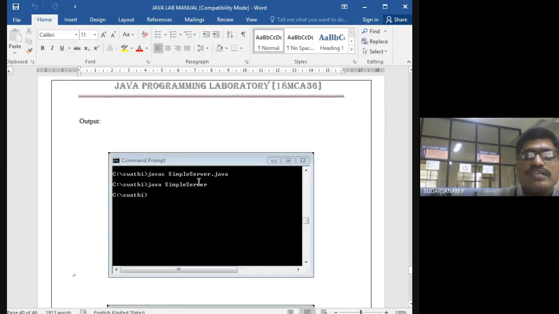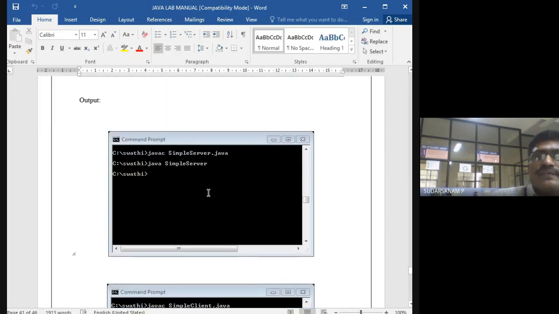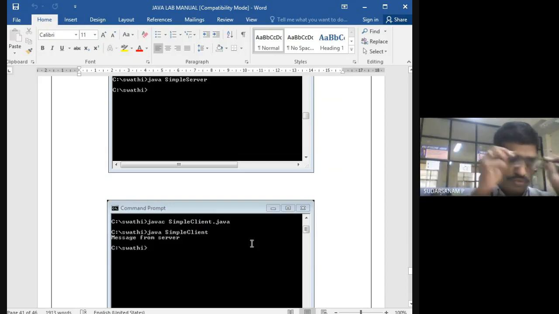So just now see here how to run: Java SimpleServer.java, then java SimpleServer. So this is one. You have to make the server ready first. Next you create one more window. You have to open one more window because two programs are there.